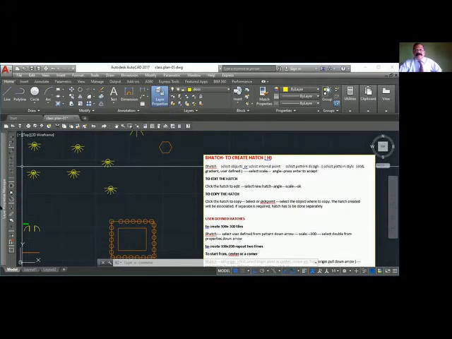So B hatch. Hatch. Select objects or select internal point. Some objects you cannot select as objects, so you have to use the internal point. Select the pattern. In brackets you can write select pattern style. It can be solid, it can be gradient, it can be user defined.